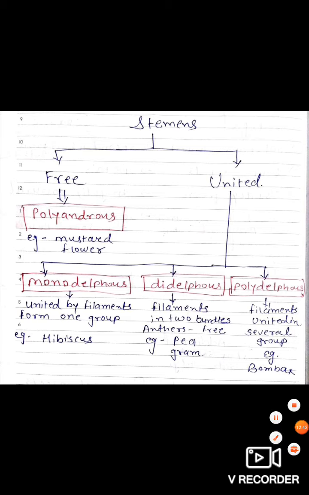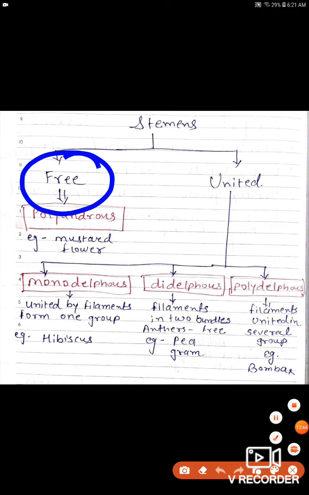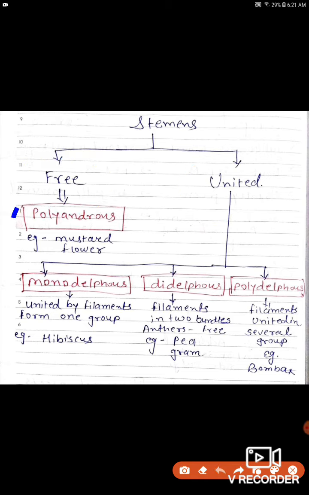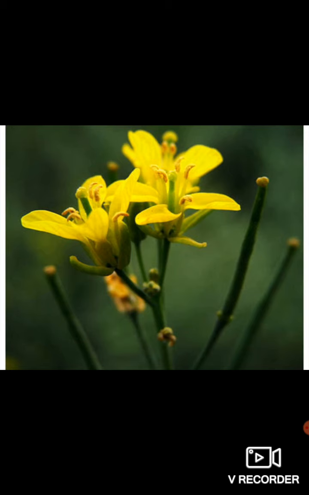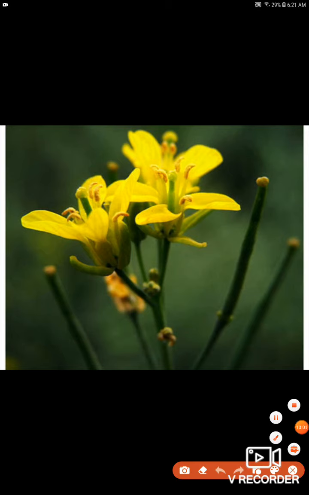There are two types of stamens, free and united. Free stamens are called polyandrous. The example is the mustard flower. Here you can see in the figure the mustard flower. These are the